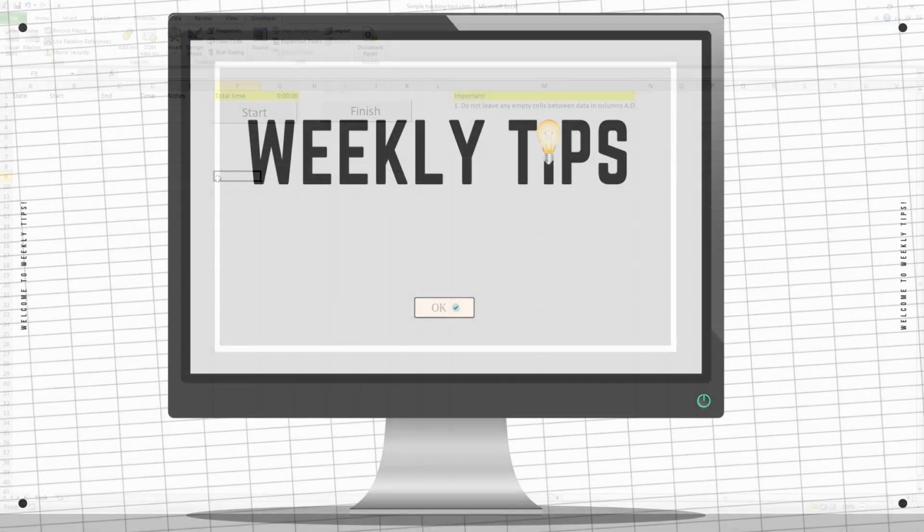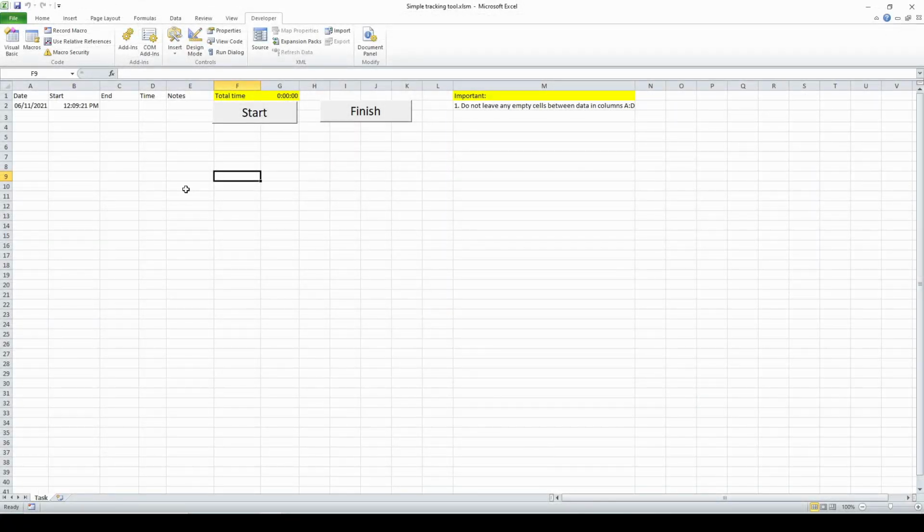Today I want to show you a useful tool for tracking time spent on a task. It can be helpful when you want to check just how much time you are spending on doing something. Today we will write everything from scratch, without using macro recorder. Final tool will look similar to the one presented on the screen.